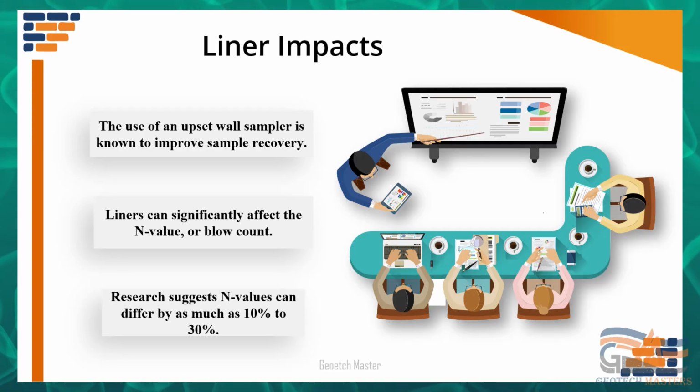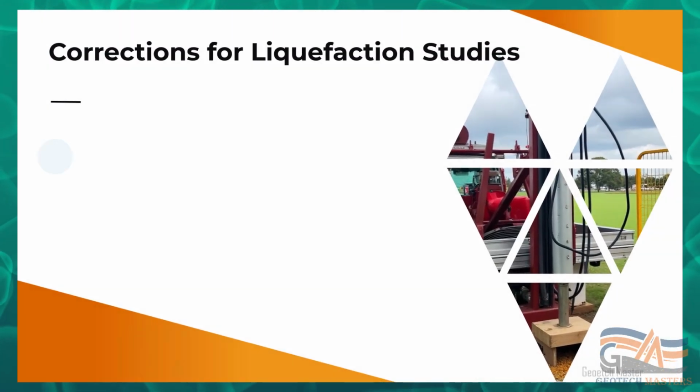This difference is more noticeable in denser soils where internal friction buildup inside a constant wall diameter sampler plays a larger role. For blow counts exceeding 10, meaning N is greater than 10, a correction may be necessary. Corrections become